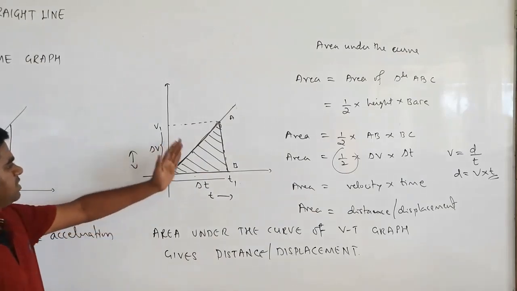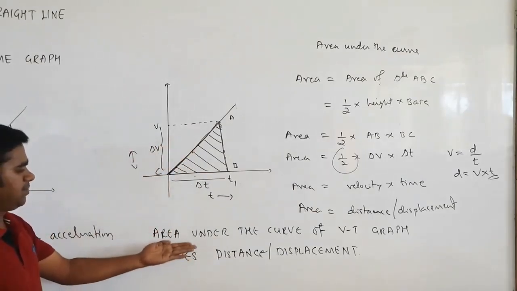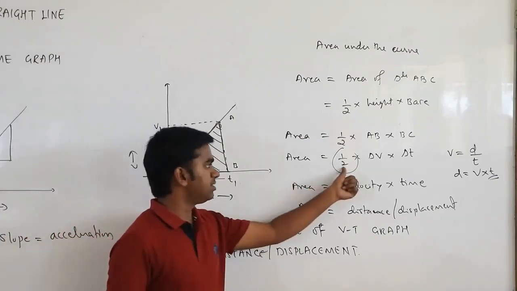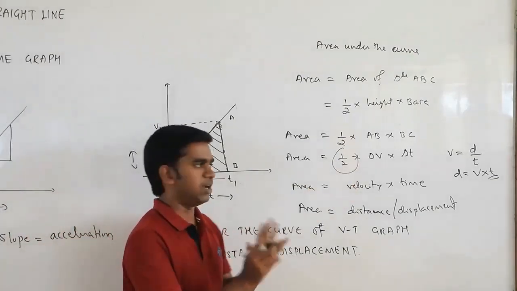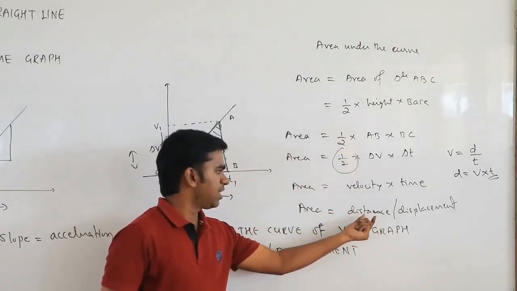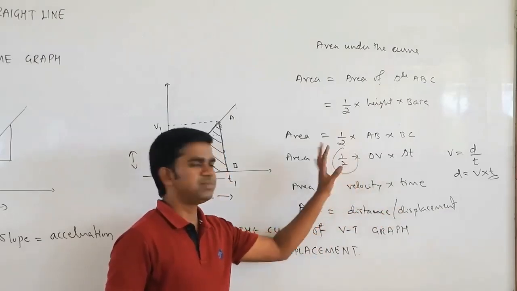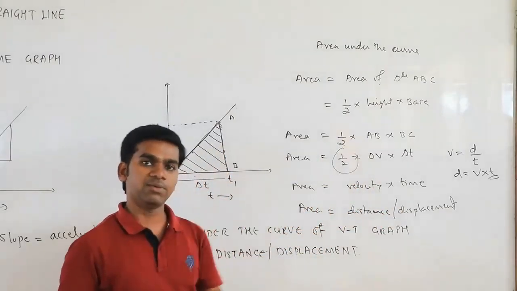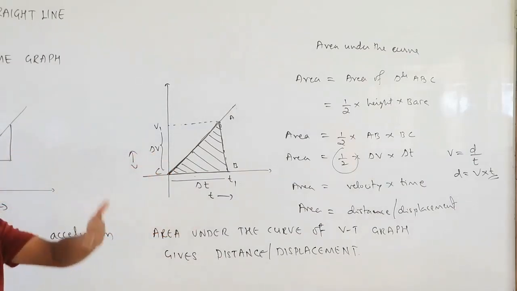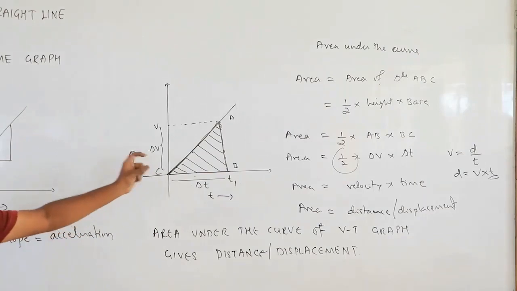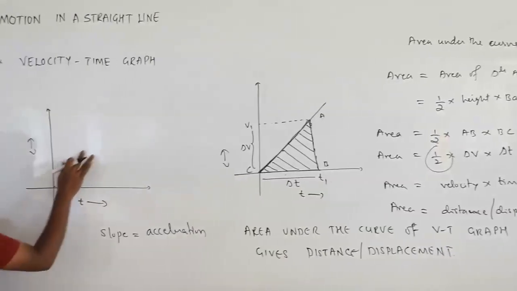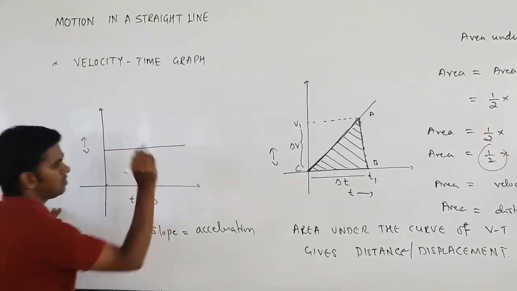Here the graph is like this, so what you are getting is the area of the triangle. Obviously, while calculating, you have to consider this upper part. It doesn't mean that you have to leave that one; it is going to be there. I am just leaving it to make you understand how you can arrive at the distance or displacement. Suppose the graph is like this, you are getting the area under the curve, a triangle. Instead of that, if the graph is like this, if velocity is constant,